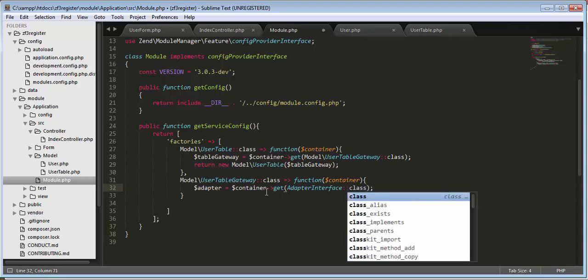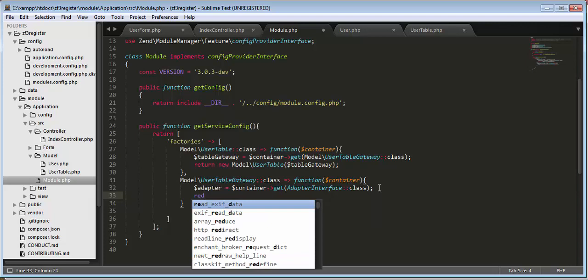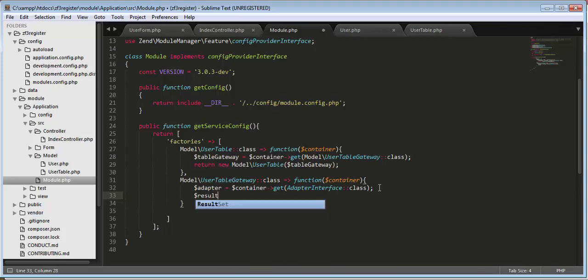Okay, here we need to pass the name of our table. Okay, this is our table, and adapter and the null for the third parameter, and then we need to pass the fourth parameter as resultSetPrototype. Okay, save it,